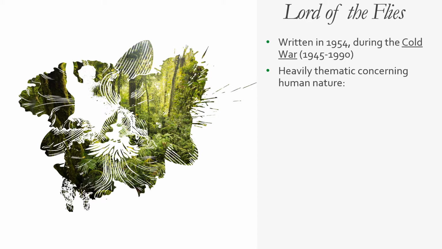Parenthetically here, the Third World, which you may have heard of before, refers to any countries that were not directly allied with the U.S. or the Soviet Union. So these types of dichotomies start to spill into the story itself. The primary dichotomy that we'll be looking at over the duration of this story, something we'll bring up time and time again, is what the author hints at: civilization versus savagery. These two elements, the two sides of this, are terms that are extremely subjective.